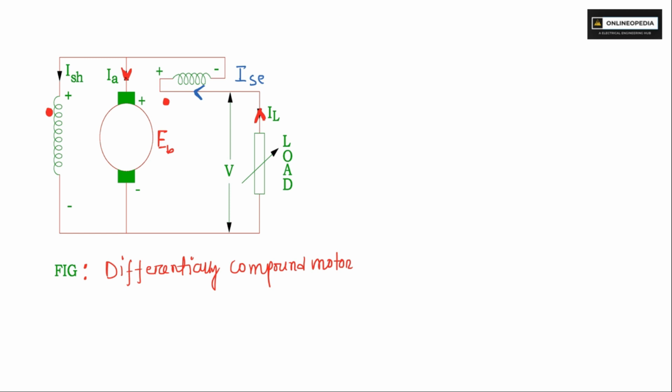So the main question is why a differential compound machine starts as a shunt machine. In case of a shunt machine, we know that the total MMF produced by the differential compound machine is F = NF IF minus NSE ISE. This is our total MMF, or you can say from MMF the flux. F is your MMF.